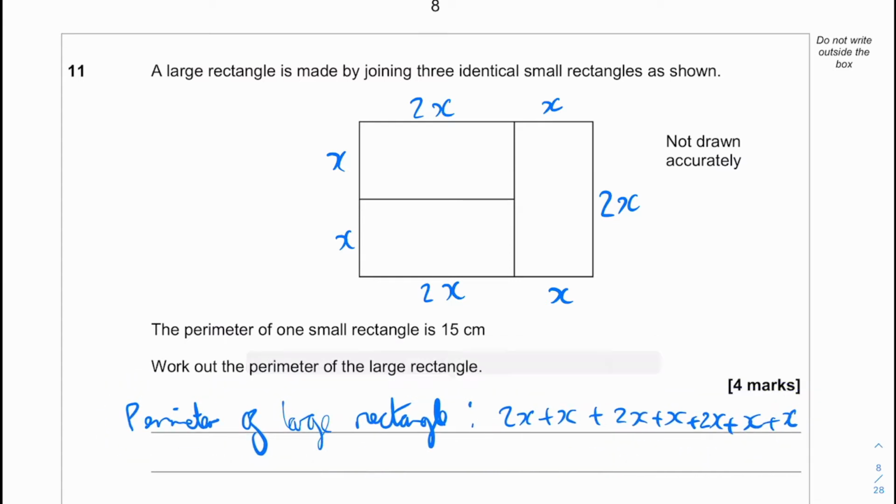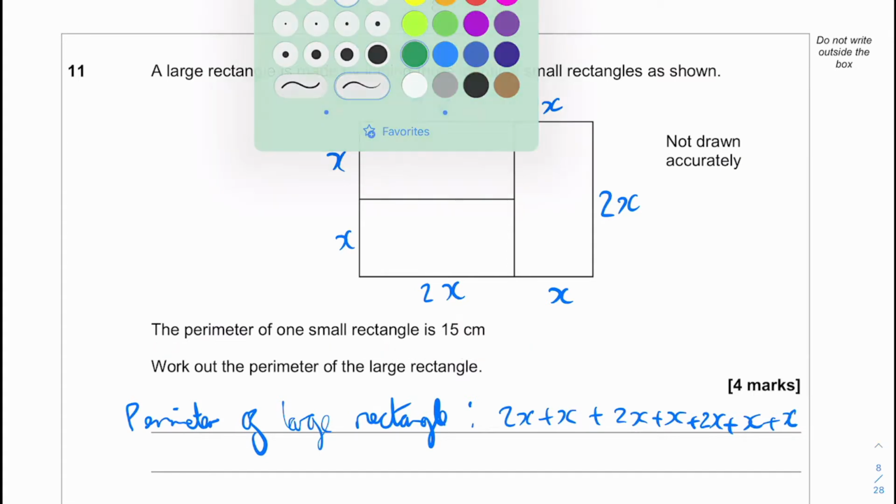Okay, and let me just double check. So we've got 2x, x, 2x, x, 2x, and then our two final single x's here. Okay. So we are also told in this question that the perimeter of one of the small rectangles is 15 centimeters. So for the small rectangle,